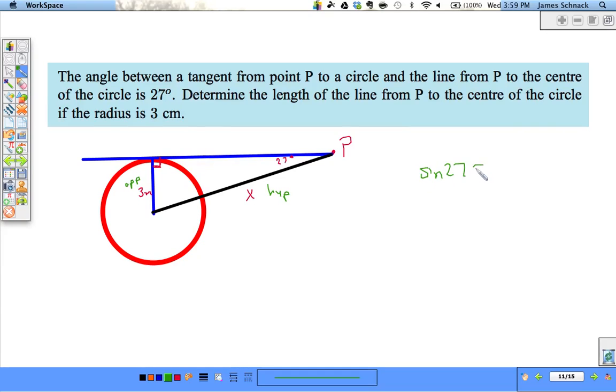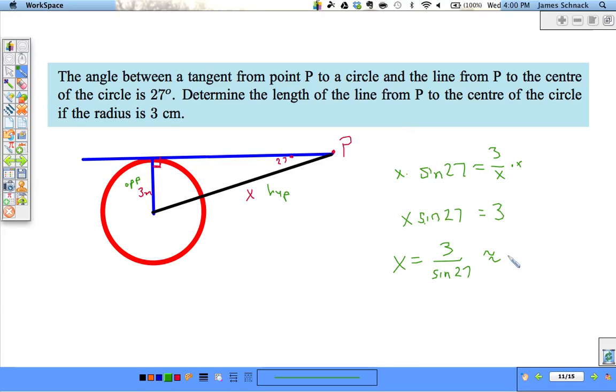Sine 27 equals 3 over x. Multiply both sides by x. So x sine 27 equals 3. X is 3 over sine 27,